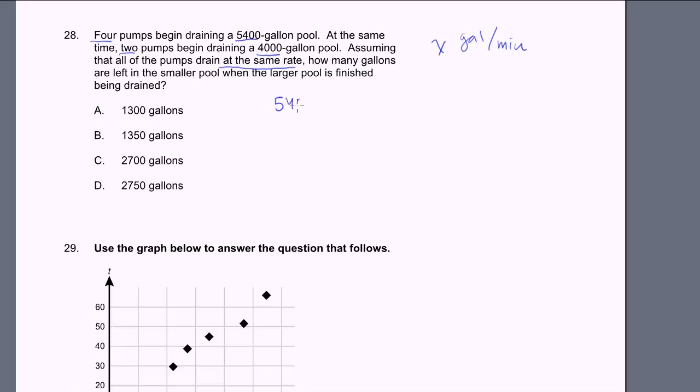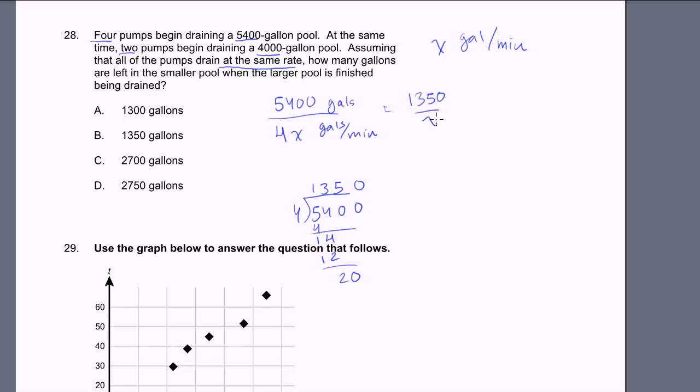Well, it'll be 5,400 gallons divided by 4x gallons per minute, because we have 4 pumps. And what is this equal to? Let's just divide by 4. 4 goes into 5,400. 4 goes into 5 one time. 1 times 4 is 4. Bring down the 1. 4 goes into 14 3 times. 3 times 4 is 12. You have a 20. 4 goes into 20 5 times. So it goes 1350 times. So this is equal to 1350 over x minutes to drain the